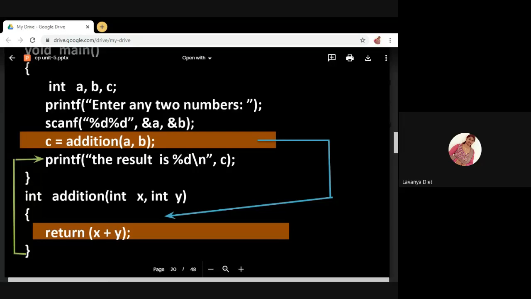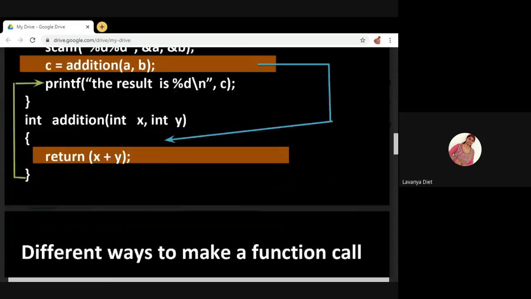So the printf function will be executed. In the place of %d, you have specified variable c. After the double quotes are closed, you put a comma and specify the variable. So the value inside c will be displayed in the place of %d, and the result value will be displayed on the screen.